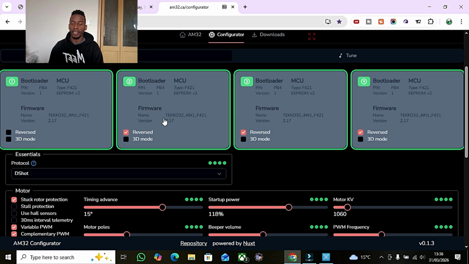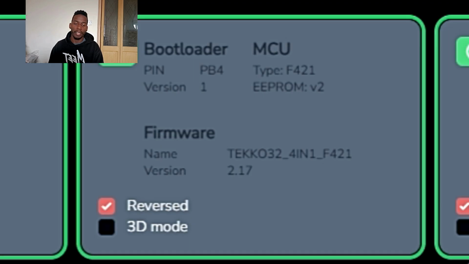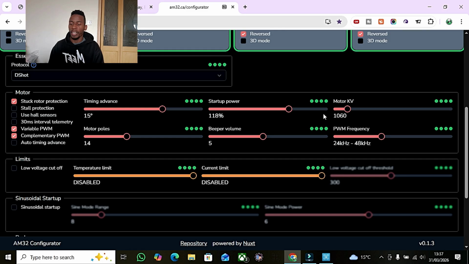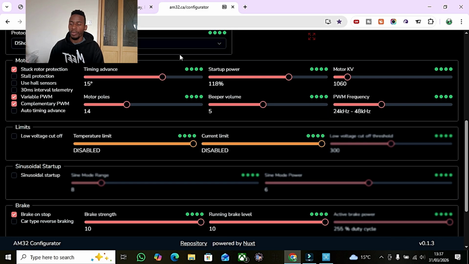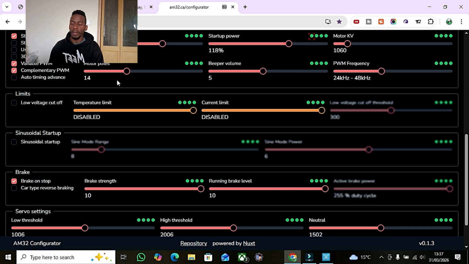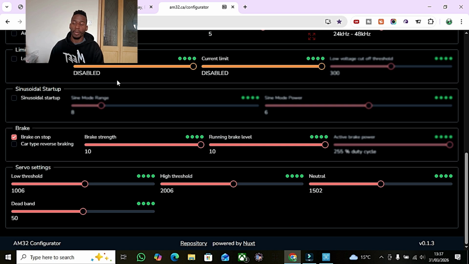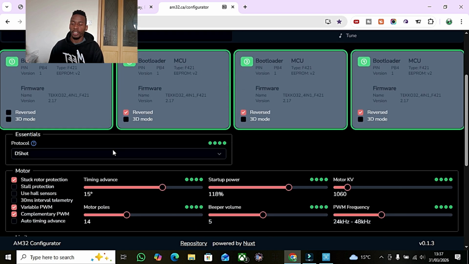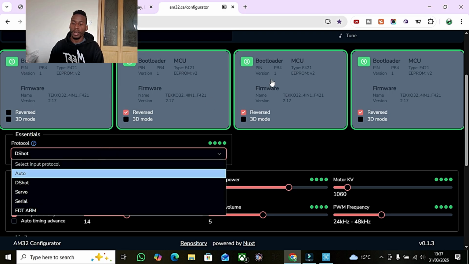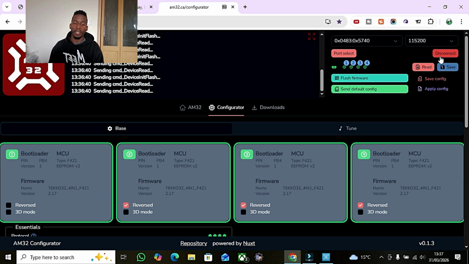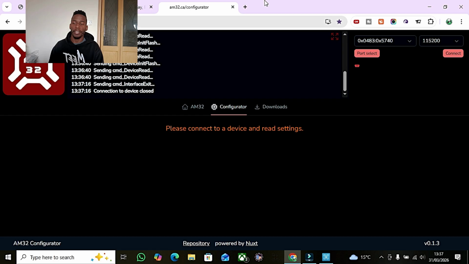and here I can see all 4 ESCs, sorry, not motors, and I can have a good view that they all have the same MCU type, same firmware and everything, because they are all 4-in-1. Here you can have different configurations, but this video is not about that. You can also work with servos on it, but this configuration is not about that. So I will go to the easier, more simple one that I use,